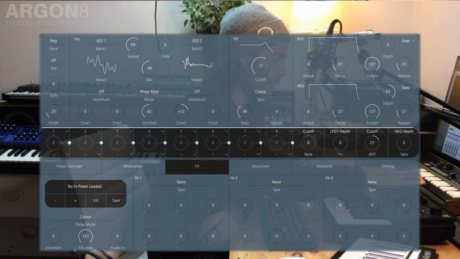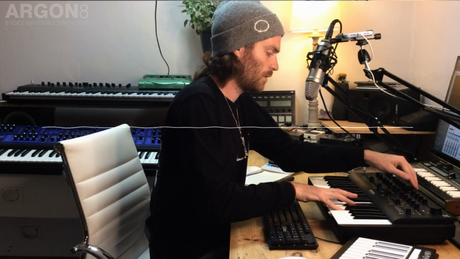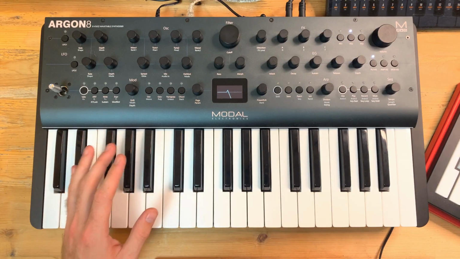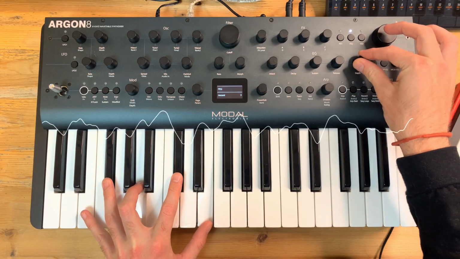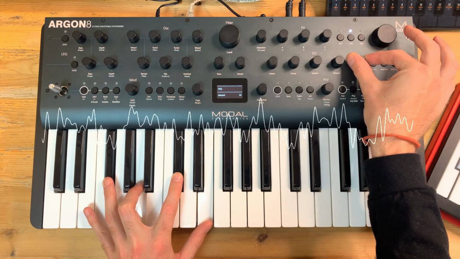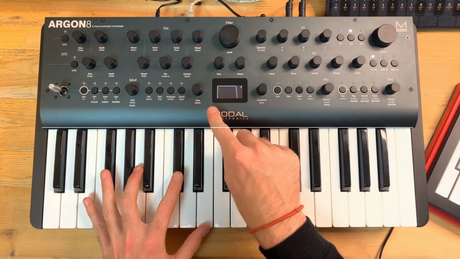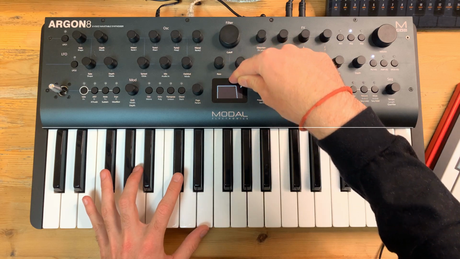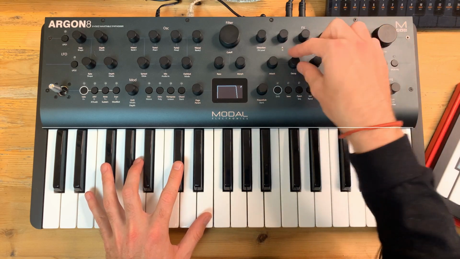The filter rests at wherever I set it here, so it's static and it will just be consistent wherever I leave it. So when we start to increase the filter envelope depth, you notice that the filter starts to change, and that's because of this envelope shape that we have here. It is modulating from the point I set it at all the way up to the top here. It's sustaining until I let go of it, which is the release portion there. So if I want to have it back to where I left it,